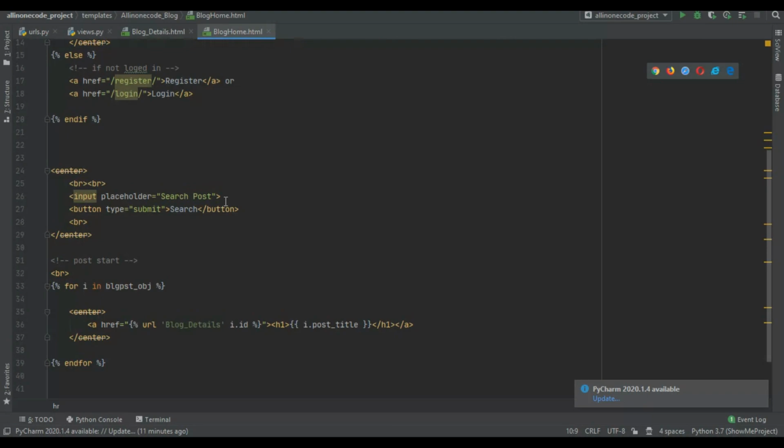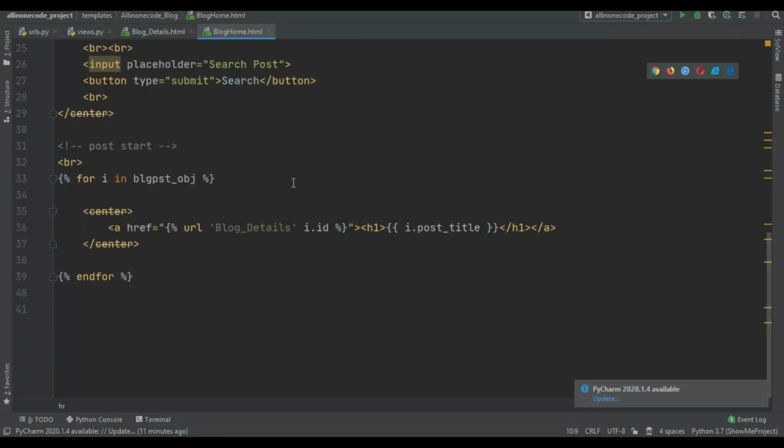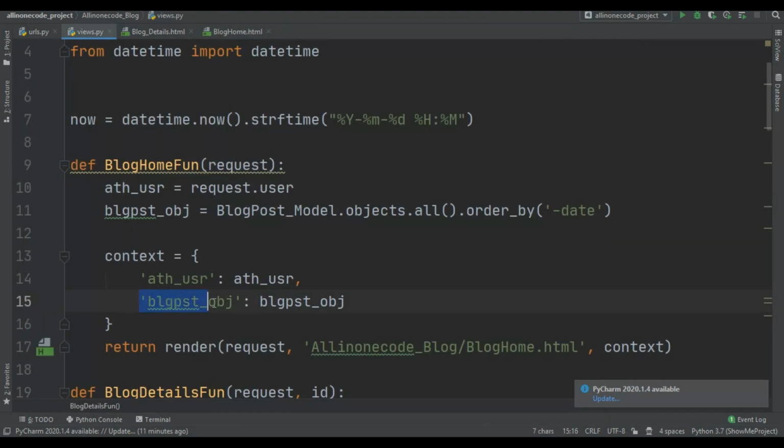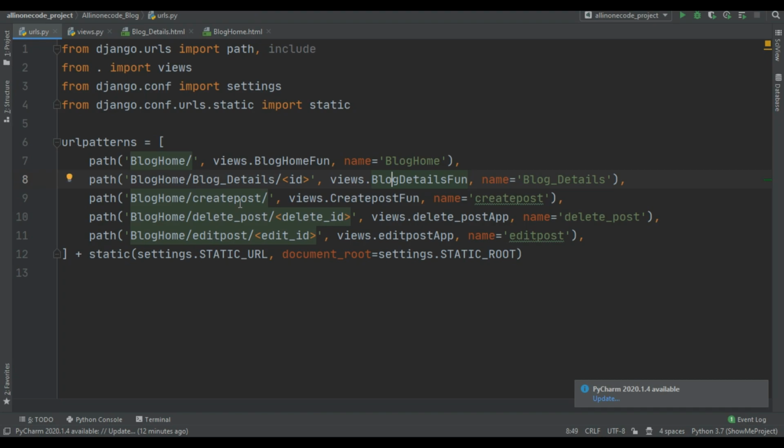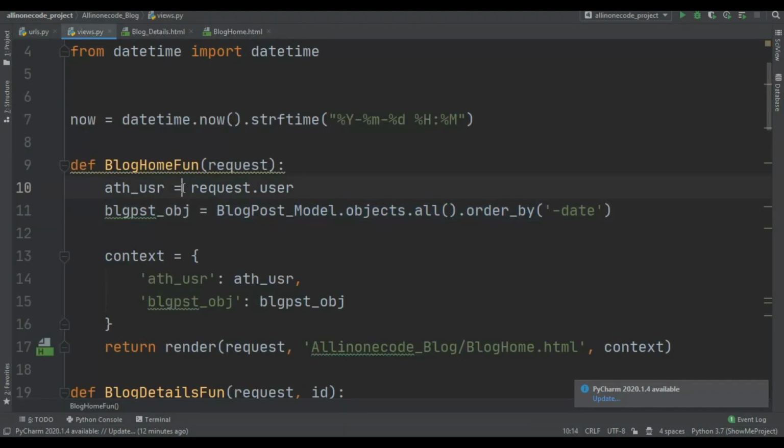You can see like this for i in blog obj, and this is the blog post model dot objects dot all dot ordered by date, and I am passing the i.id, which is that particular column's ID. Now this ID is gonna go in the urls.py, and in here you can see I'm passing the ID. Now this ID is gonna go in the blog details function.